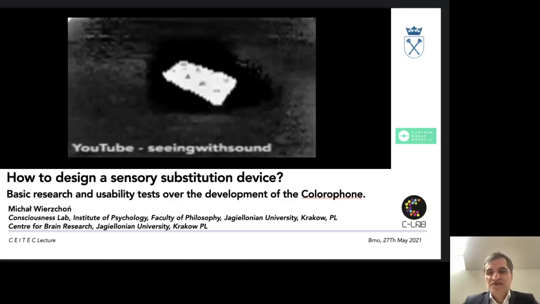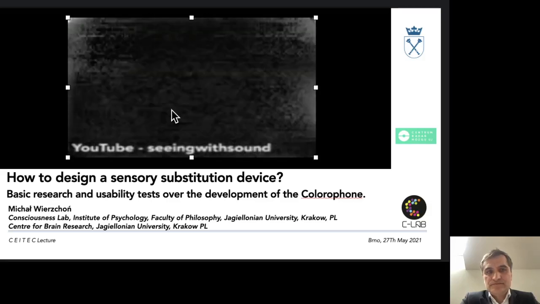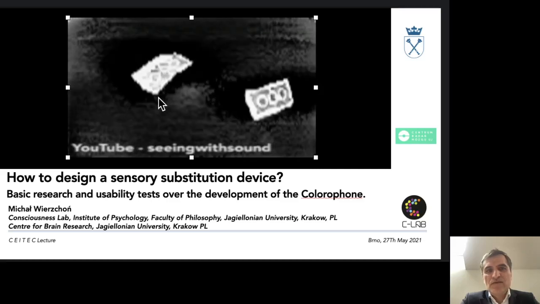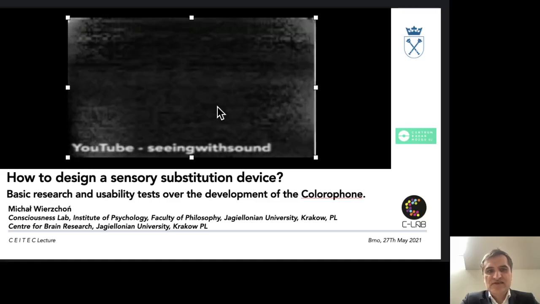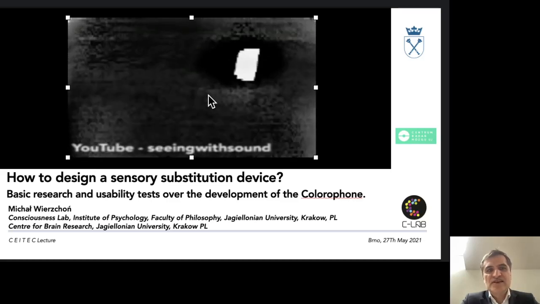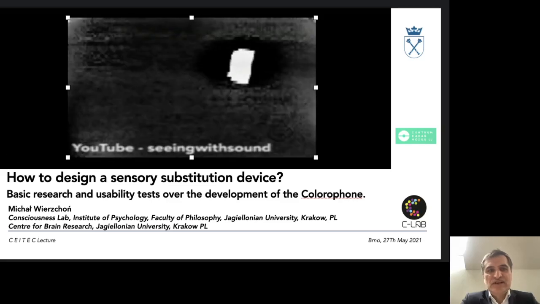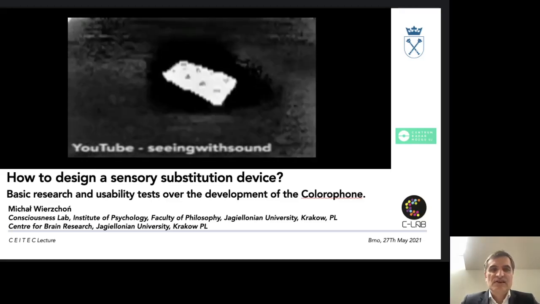So the sensory substitution is a very interesting effect that we can describe on the examples that I'll show you right now. So this is a situation in which, as you can hear, we represent the visual object, as you can see here, with a sound. This is a particular example of such a device. I'll tell a little bit more about this device in a second. But this, I think, serves as an example of what I mean by substituting the information that is not typically accessible visually